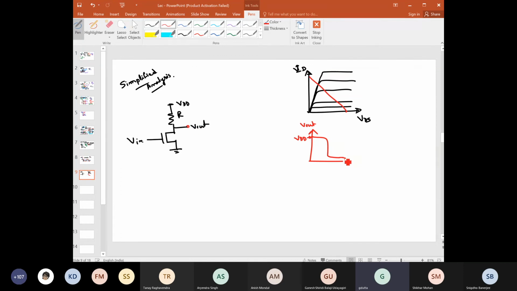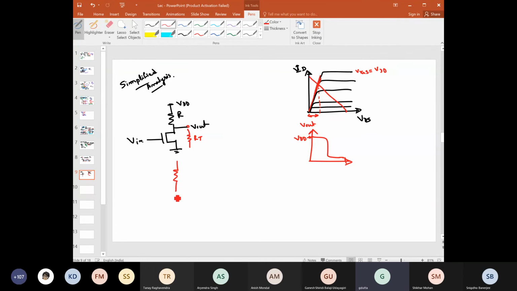But what about the minimum value? See here, minimum value, if you apply this VGS equal to VDD also, then also you see the output voltage is this much, right? Because now you are operating in this triode region. So in the triode region, you can see clearly that this is basically an I and V plot. So you have a resistance at this, right? So if you say that this resistance is RT, the equivalent resistance is RT,